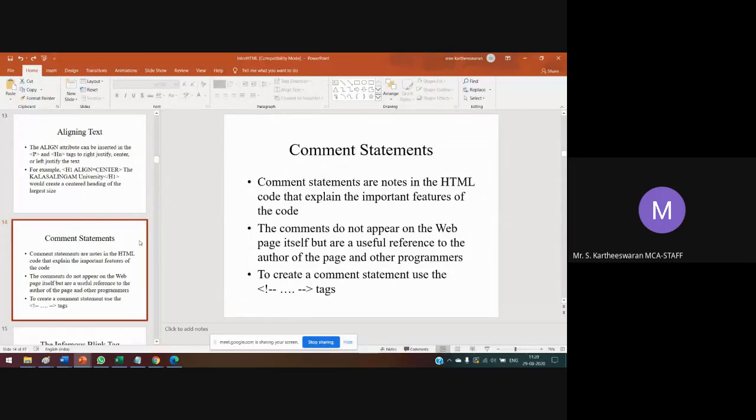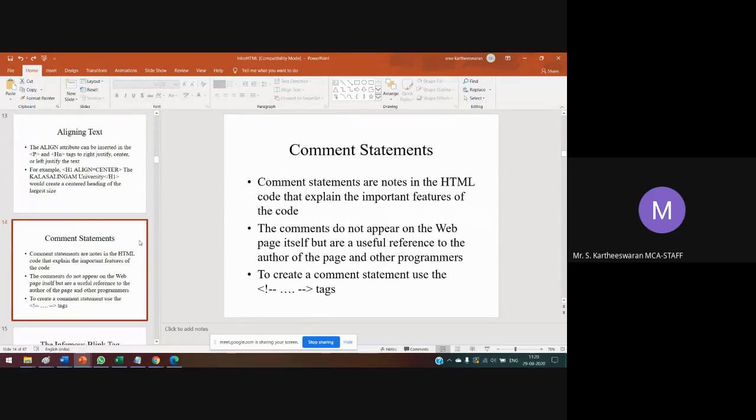They explain the important features of the code, so that they do not appear on the web pages. It is just helpful to the code developer or web developer.